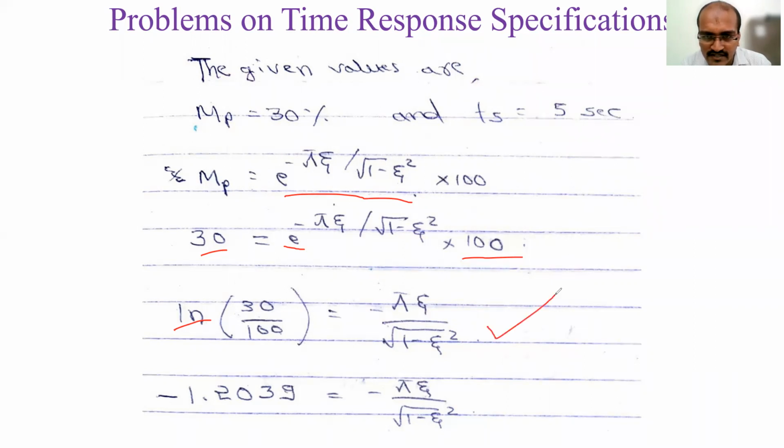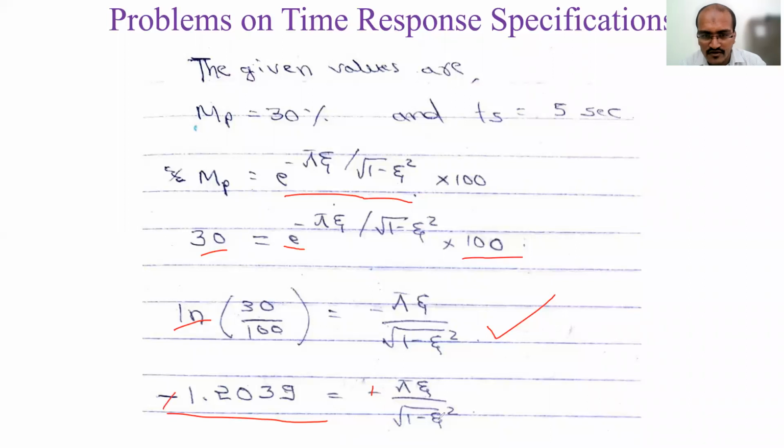While writing the steps I have compressed many steps, because otherwise you simply need to write them out. But if you are not following, you can do that. So here what I have done, 30 by 100 equal to this one, then take natural log. That I have combined in a single step. Now take the ratio 30 by 100, which is 0.3, ln 0.3. Use the calculator. What you will get is minus 1.2039. It will have many decimals, so we'll keep 3 or 4 decimal points, equal to minus pi zeta by square root of 1 minus zeta square. So here the minus sign cancels out, it becomes plus.